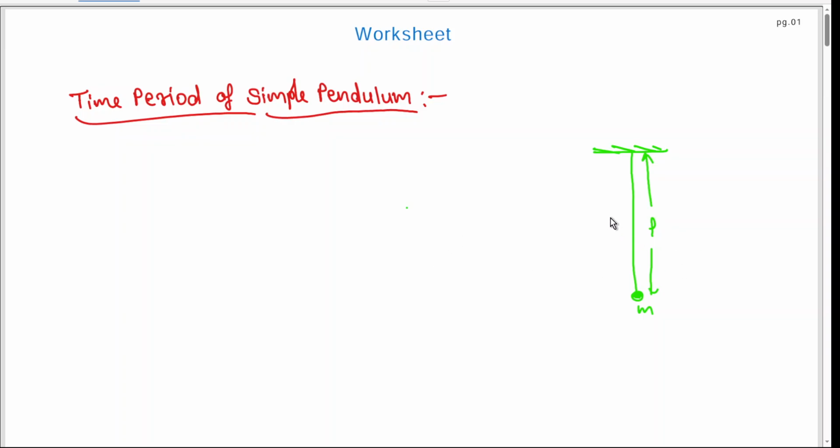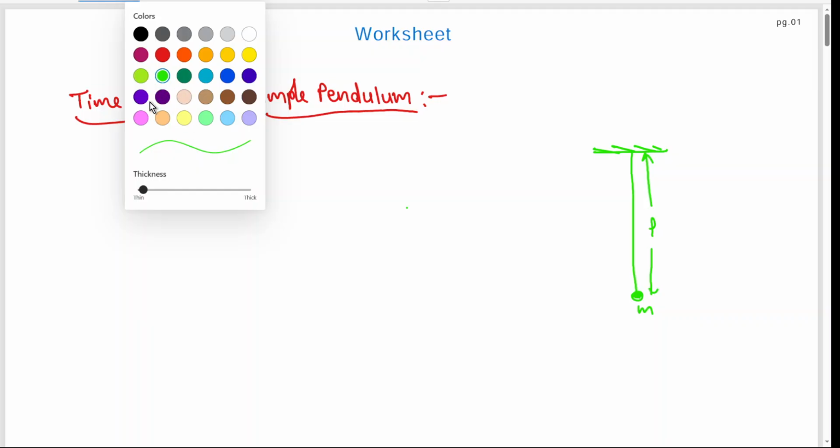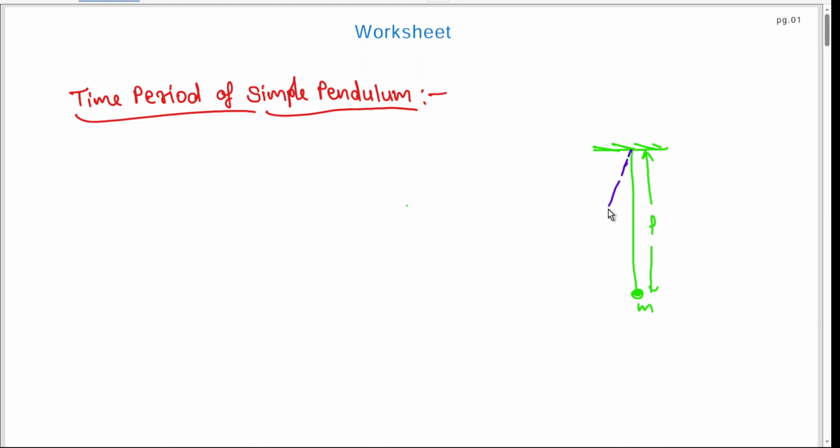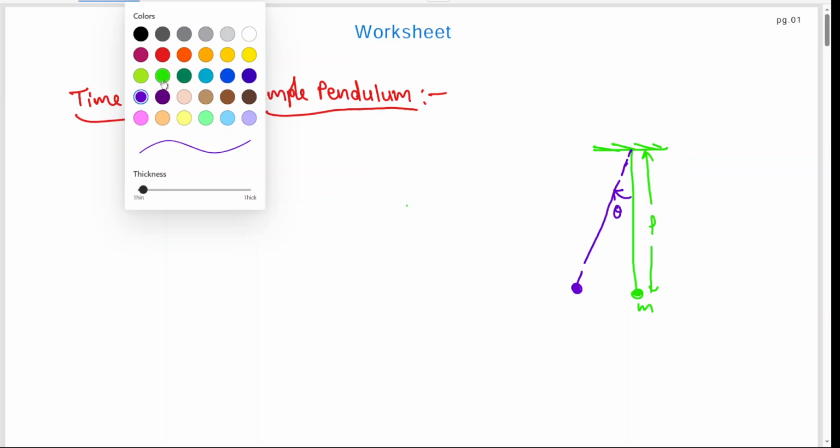Now since we want to oscillate this pendulum, we will just displace this pendulum by one small angle, right? Suppose this is displaced by some angle theta. So now when we displace and simply release, what will happen? It will start oscillating about the mean position. So if we want to find the time period of oscillation, first we will make the